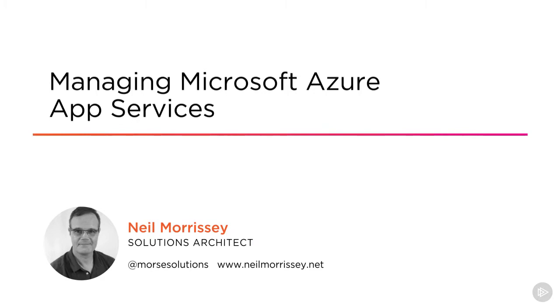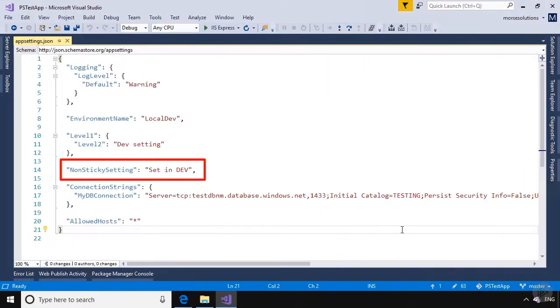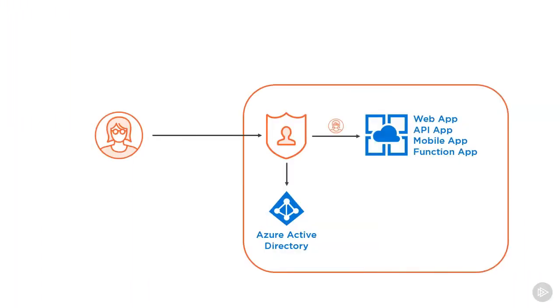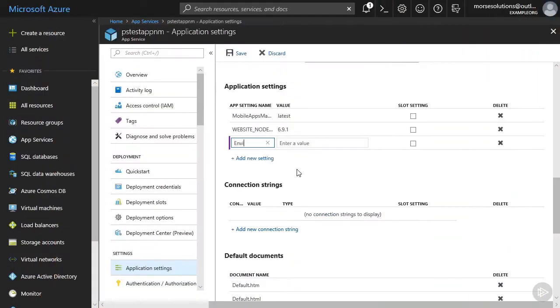I'm a solutions architect and developer, and I'm excited to introduce you to Microsoft's Platform as a Service offering for hosting web applications, APIs, mobile backends, and small pieces of event-driven code called function apps. Whether you're an administrator or a developer, in this age of DevOps, it's important that everyone understands the environment that their applications are getting deployed to. And App Services is a highly available, robust environment with a lot of features to help you deliver and manage